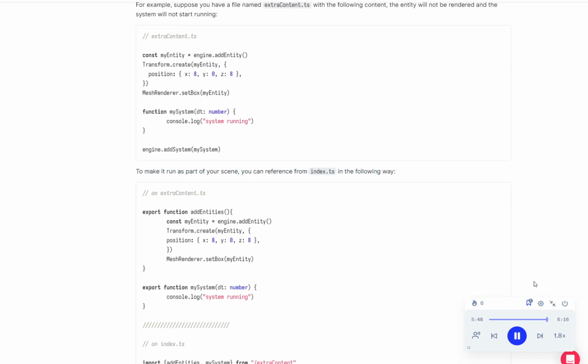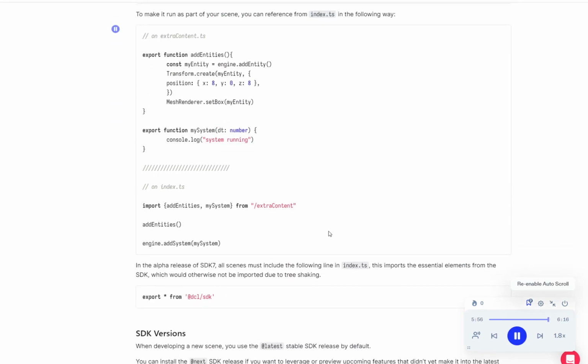// in extra-content.ts export function addEntities() { const myEntity = engine.addEntity() Transform.create(myEntity, { position: { x: 8, y: 0, z: 8 } }) MeshRenderer.setBox(myEntity) } export function mySystem(dt: number) { console.log('system running') } // in index.ts import { addEntities, mySystem } from './extra-content' addEntities() engine.addSystem(mySystem)